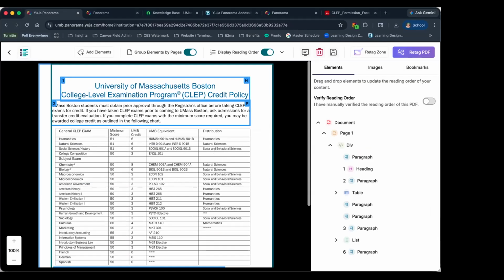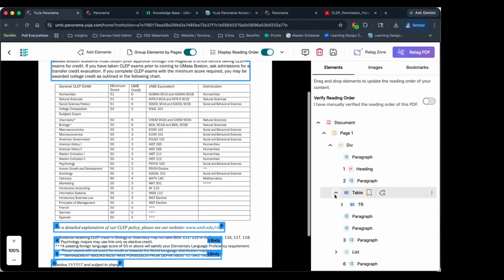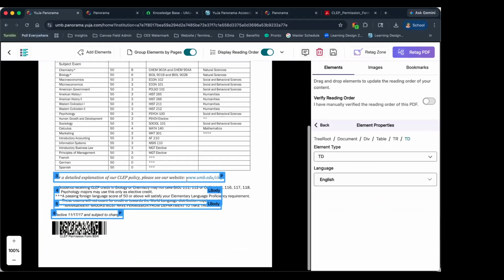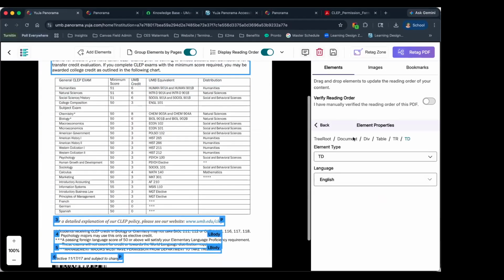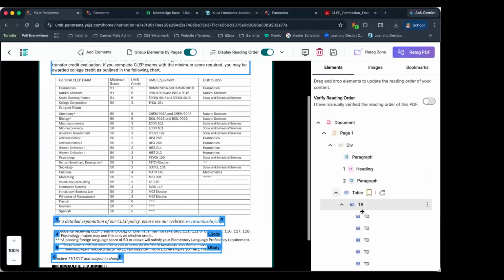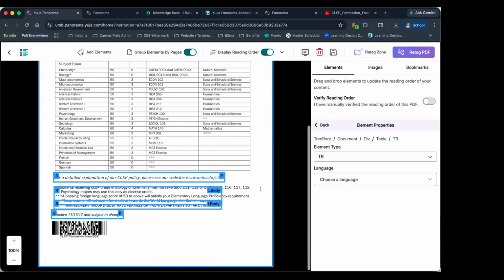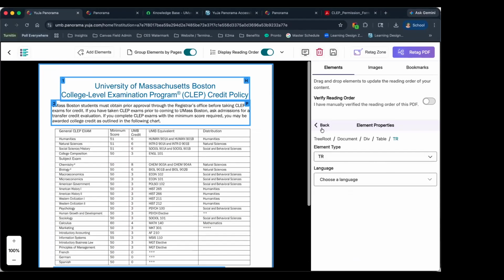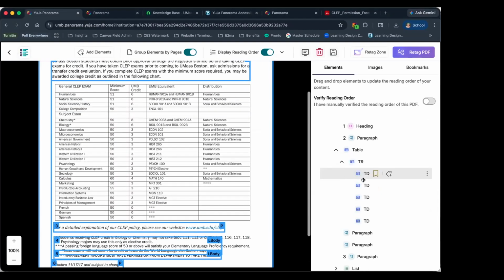However, that chart has not been interpreted here. Well, maybe it has, but it is not highlighting it here. So this is something where I do not know where the table rows it's identifying here are.